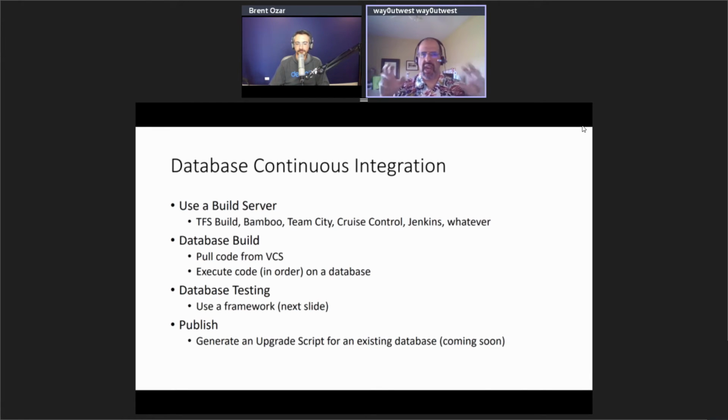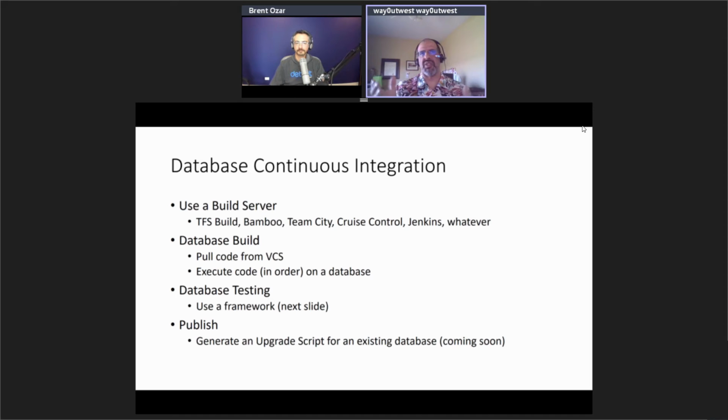And the process of compiling code for databases is we have to get all the code from a version control system and then execute on a database and execute in order, right? So I can't build indexes before I build tables. I can't typically alter tables after I change a view to add a column or have something in a stored procedure. So there's an order to how I execute database code. For a particular application, for example, if you have one database and one application, this is trivial code to write. I mean, honestly, you could just say, run table 1, run foreign key 2, run stored procedure 7. That's trivial code. To do it for multiple applications and kind of generically, it's more complex, but there's tons of